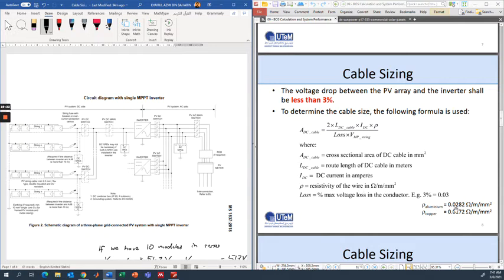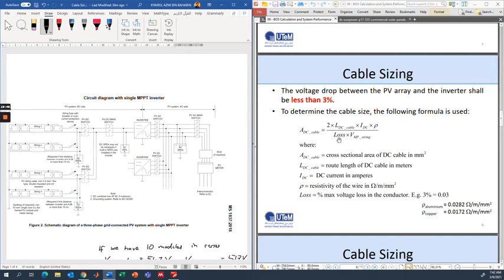So we use two types of material for our DC PV cable, which is either copper or aluminium. Regardless of which one we use, we put the appropriate rho value in the equation here.